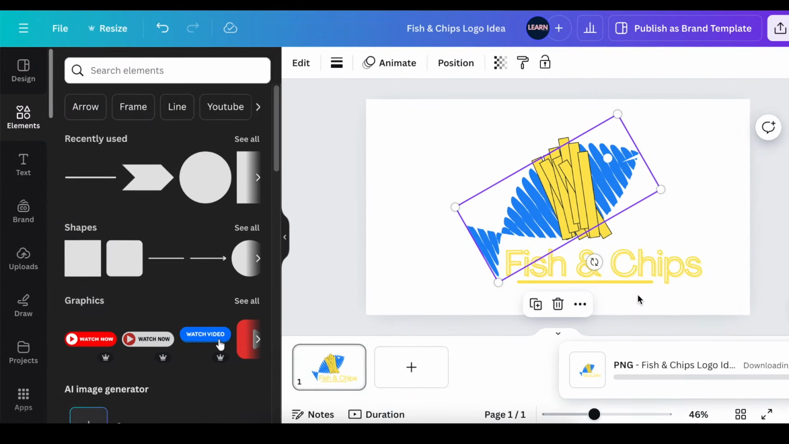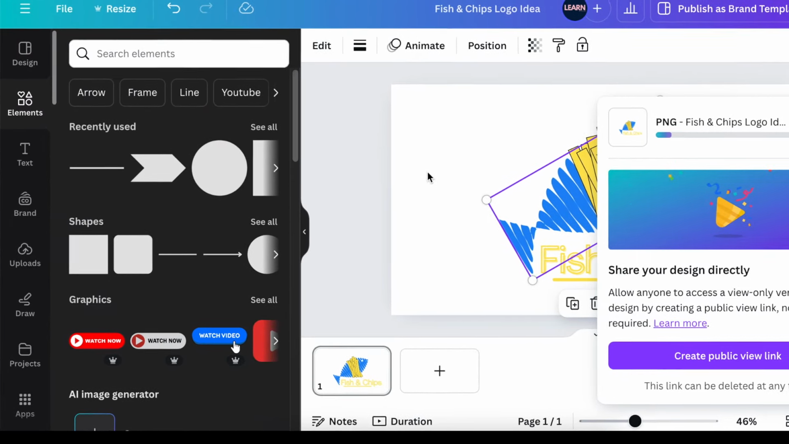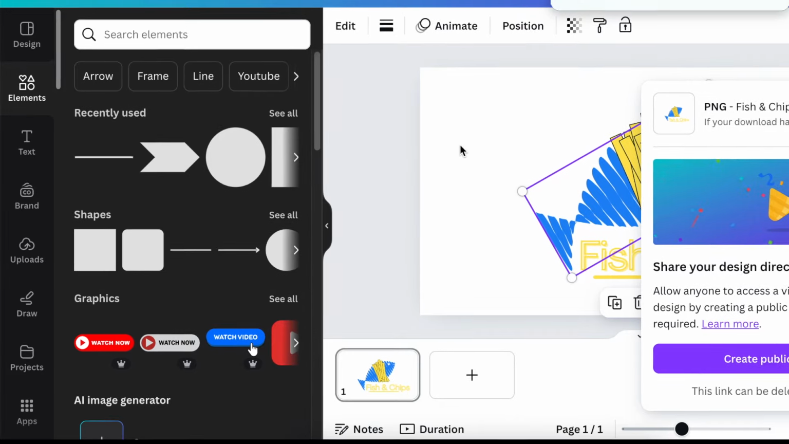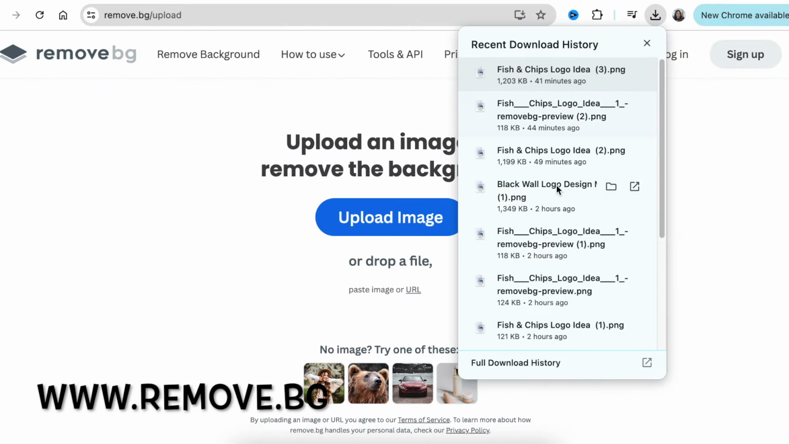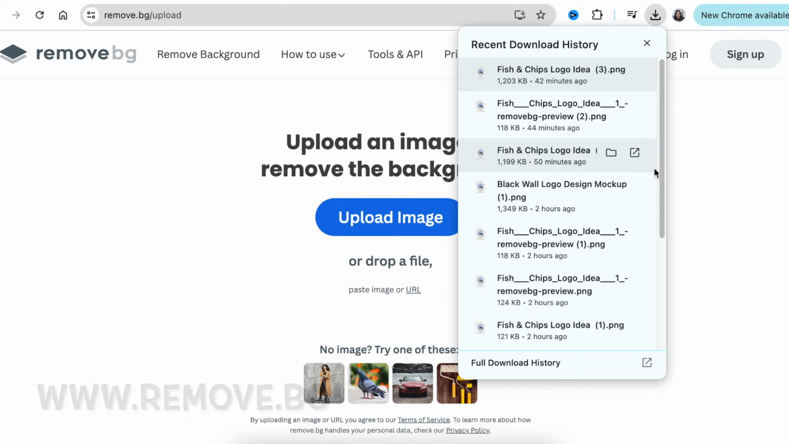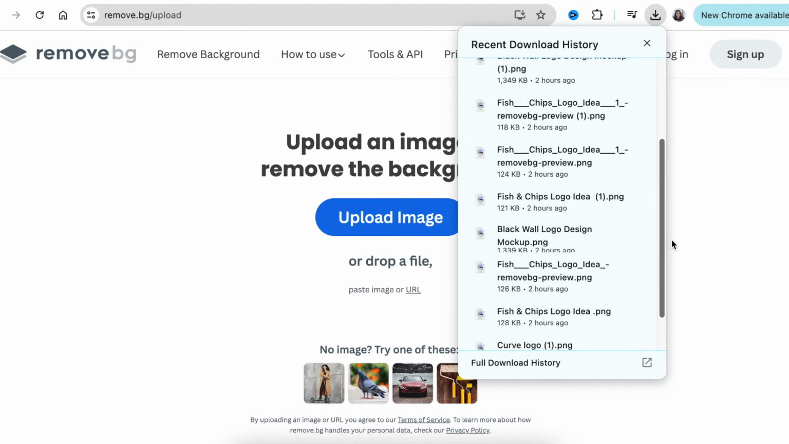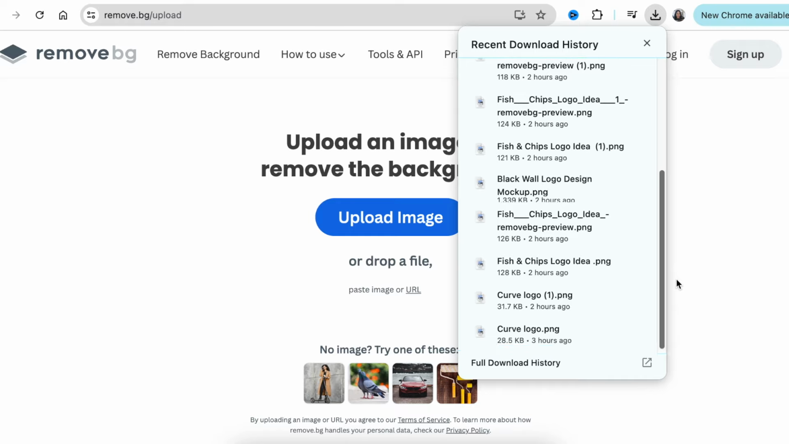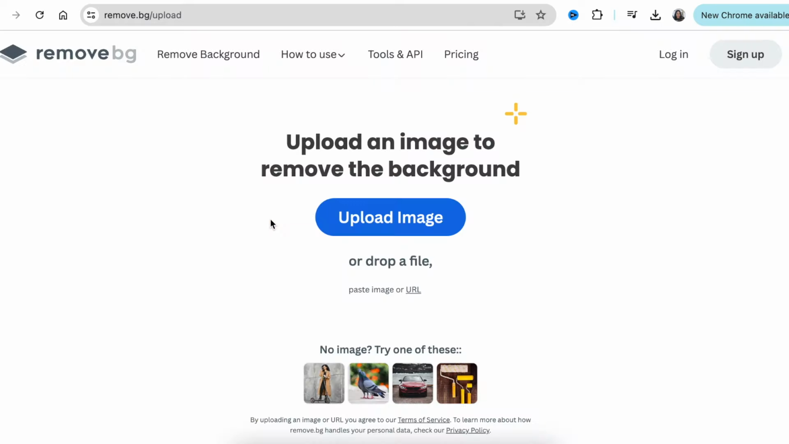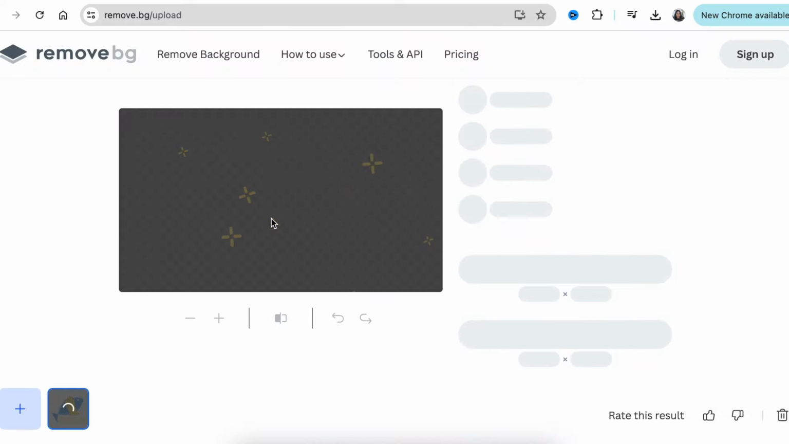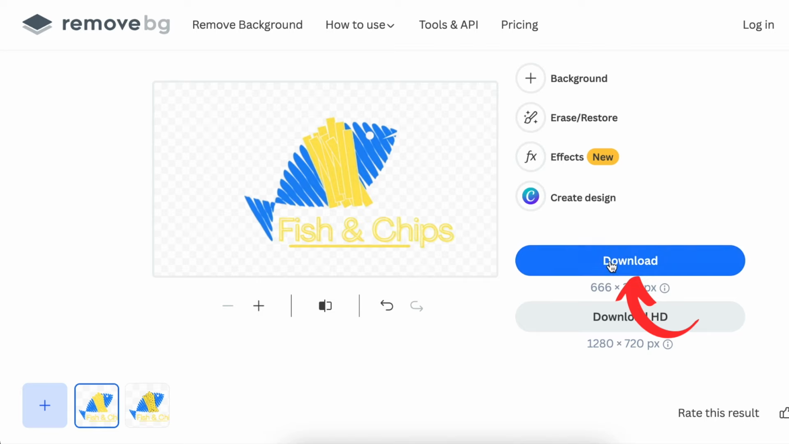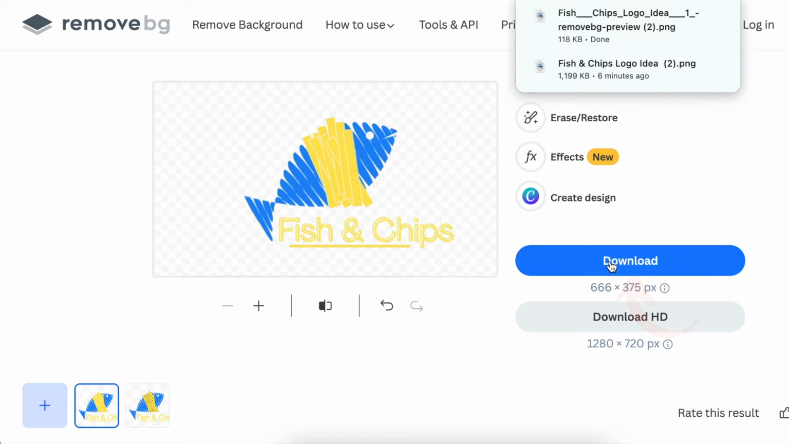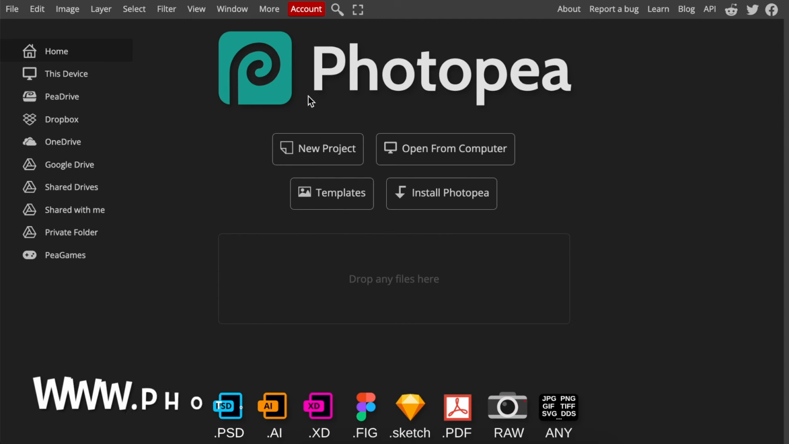However, we've added a couple of shapes on here, so we want the remove.bg to take off the shapes for us. So we're going to jump real quick to remove.bg, find the 2D logo we've downloaded from Canva and add it to remove.bg, and then wait for it to remove the background as well as the shapes that we've added on there. Download what you've just removed the background on, and then log into